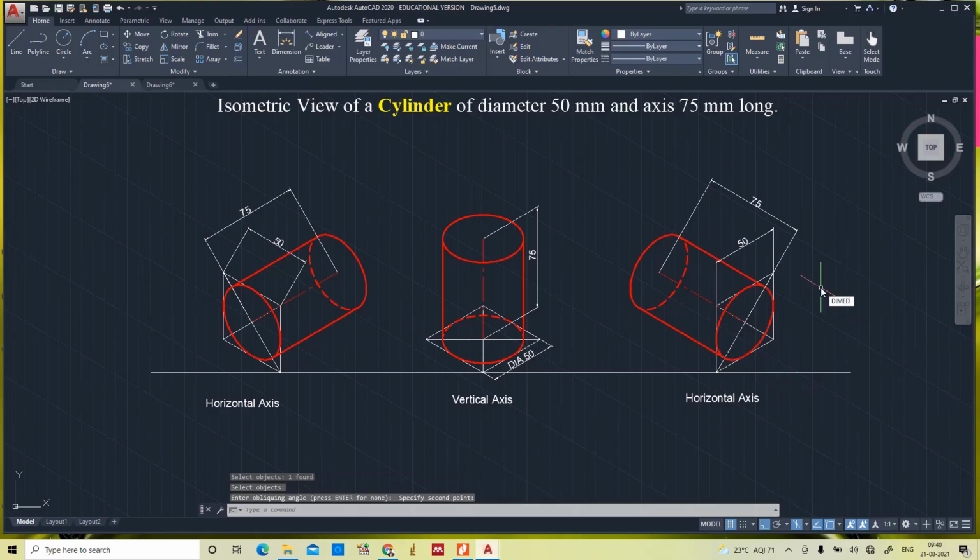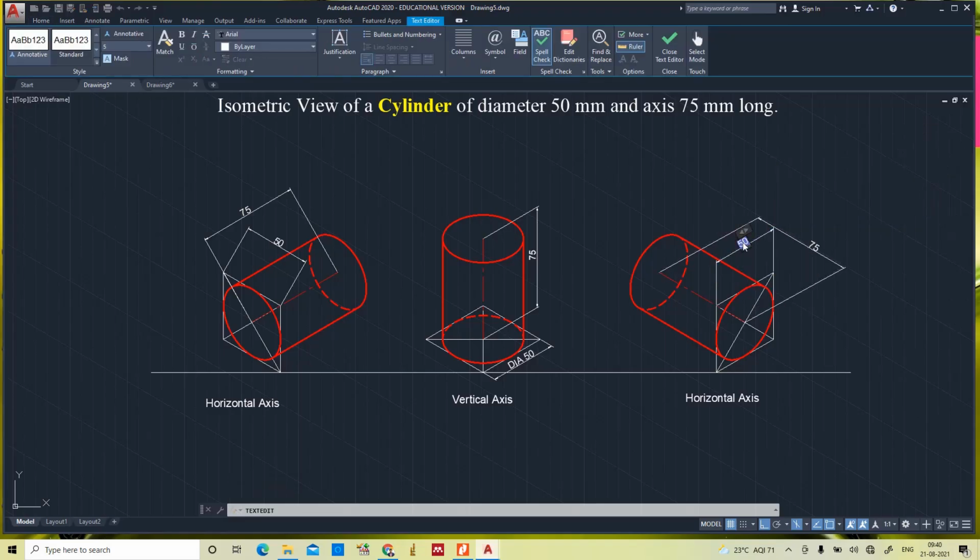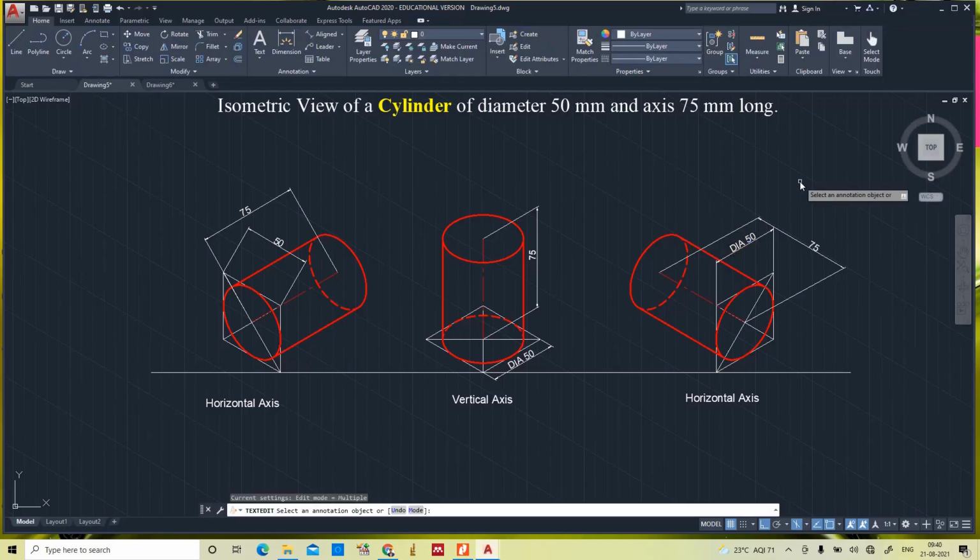Okay, dim edit oblique. It's not linear, so dia, DIA, dia 50.